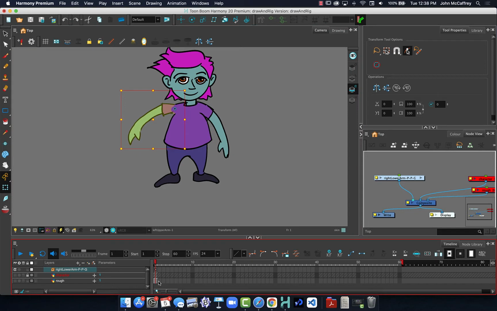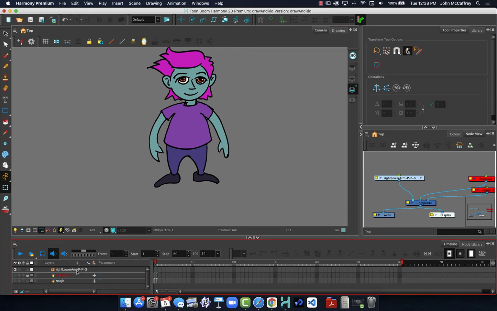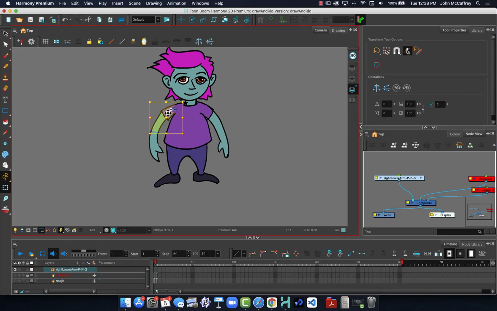So what's a person to do? Well, we have a couple of different ways. One is we could try and adjust the layer order inside the timeline. Not fun, huge pain. Much easier, working with the node view, we can change that relationship. So if I want this arm to be on top of the torso, well, we can change the order in